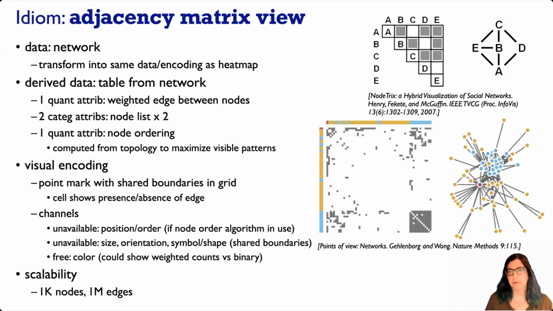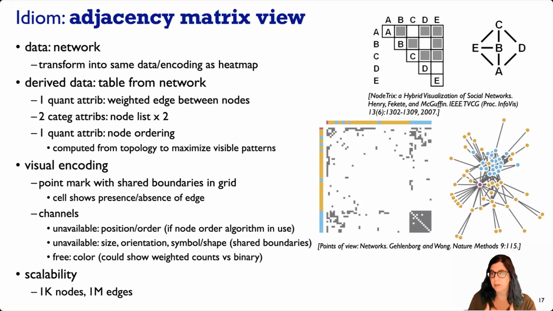Okay, so let's analyze this. What have we got? Well, we take our data, which is network data, and we transform that basically using the same kind of visual encoding as we would if it were a heat map. So what we do is we derive a table. We have our original network data, and then we say, is there an edge between the nodes? And then we take these nodes and make a list of them, and we actually build a table from the